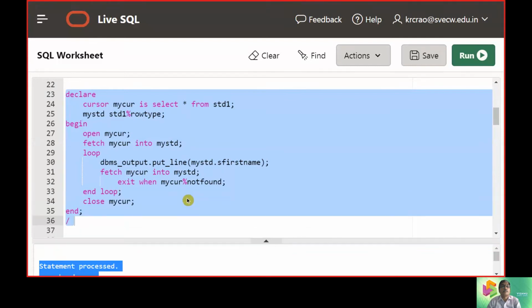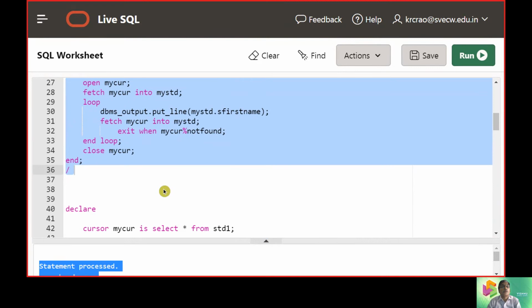Next illustration, remember we talked about not found. We are repeating the same body. Instead of first name, we will replace it with the last name. Instead of not found, we will replace it with a found attribute. These are the only two differences you need to understand from this procedure. So in my student, first name, last name, we used first name and not found.